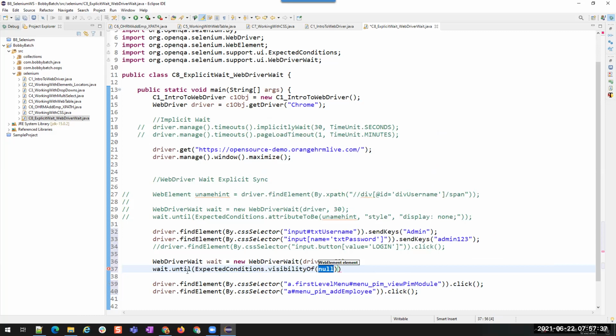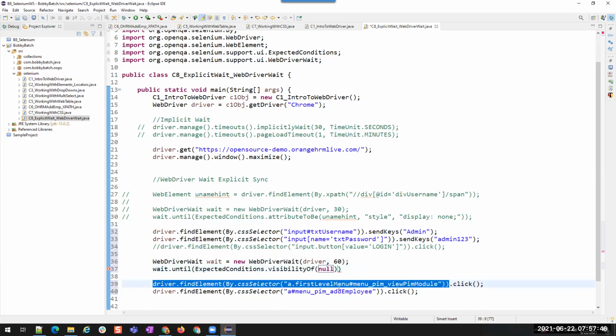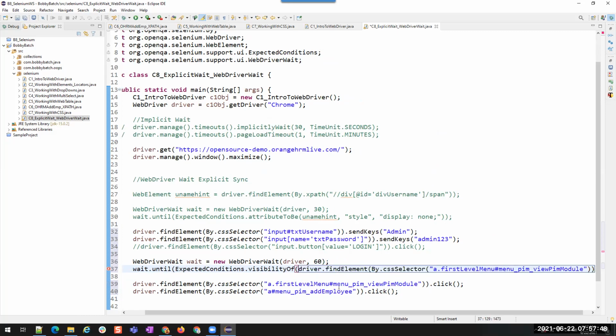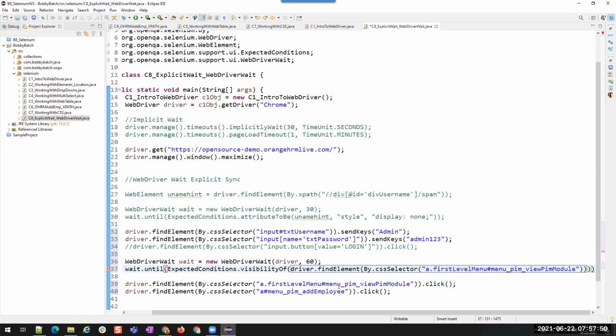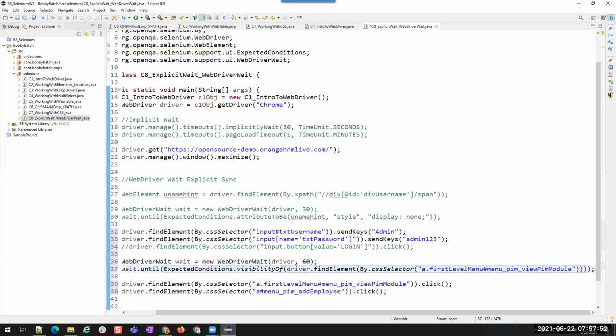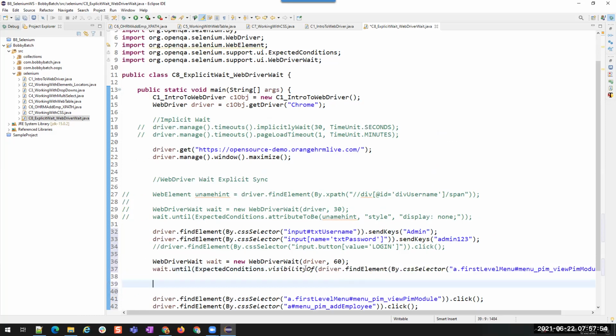So I want to wait for the visibility of an element, but what element? I want to wait for this particular element. So I am passing that here. I can store it in a variable and pass that variable here, or I can directly find that element inside this. That's okay.